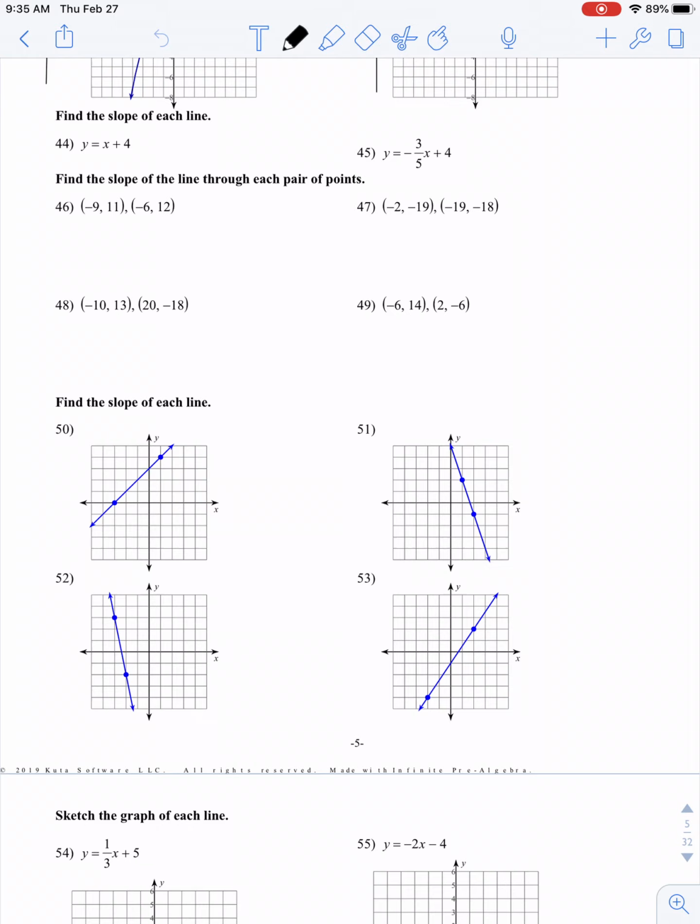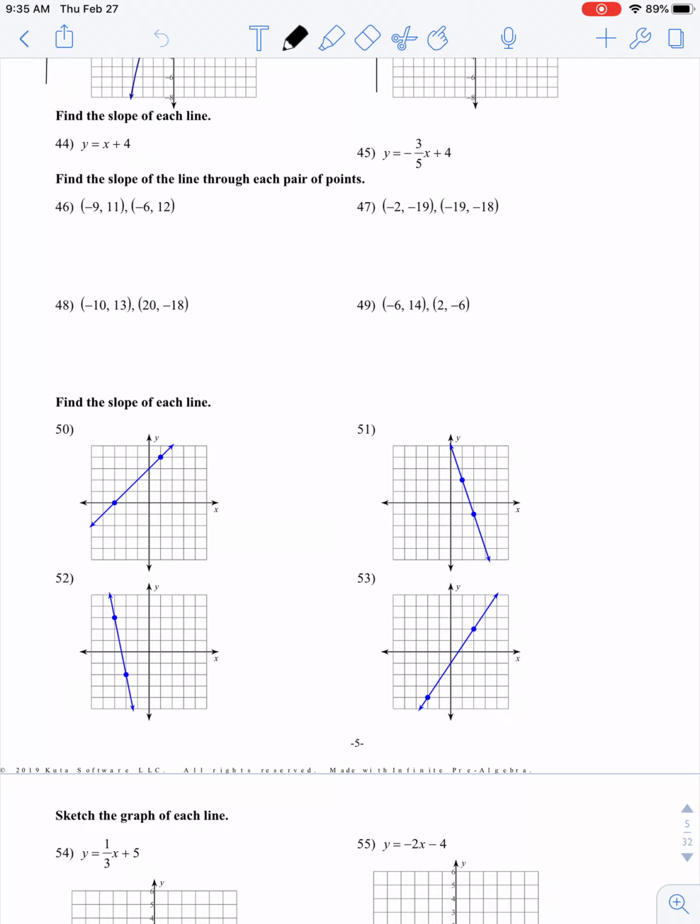You should be working on problems 44 through 53 today. And what this does is it talks about how to find slope: how to find slope from an equation, how to find slope from two ordered pairs, how to find slope from a graph. And so the first thing that you have to know is we're going to take a look at